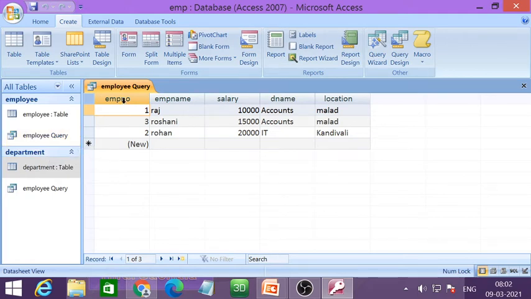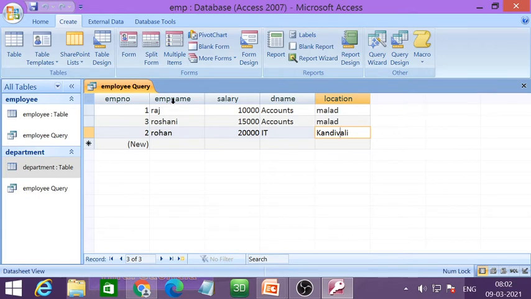See, employee number is there, name is Raj, salary 10,000, department name is accounts, both the records having the same department, accounts. Rohan is having department name IT, and the location of all the employees has been displayed.